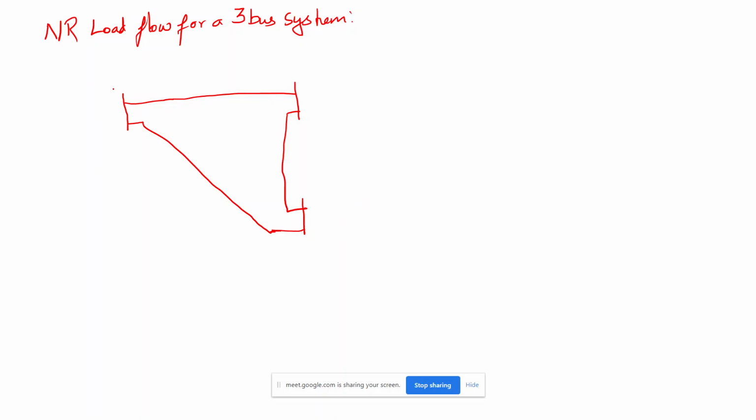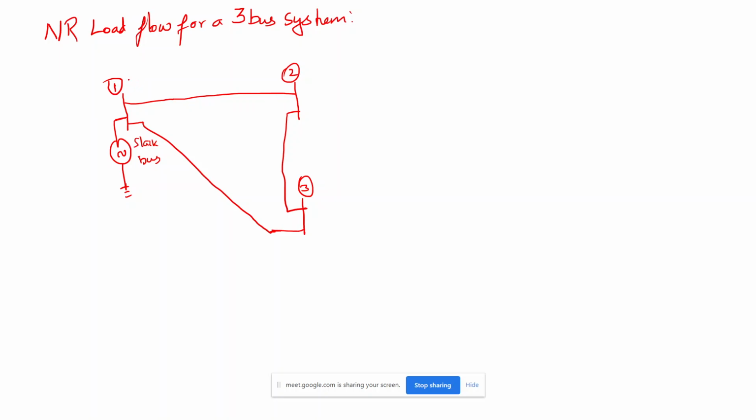This is bus 1, this is bus 2 and this is bus 3, and this will be a slack bus for you. Here one generator is there, and this will be a slack bus,